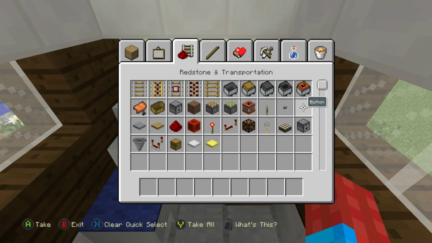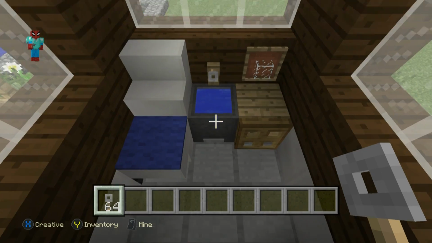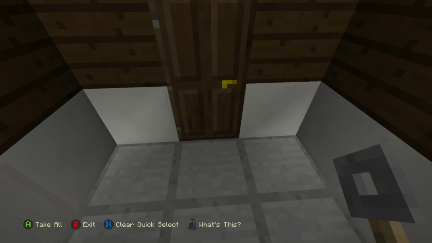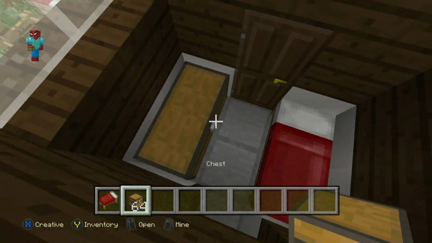We then need a tripwire hook above, coming out of that dark oak wood plank into the sink. That is the bathroom. Looks quite nice, doesn't it? Well, once you've got the bathroom taken care of, the bedroom's easy. It needs a bed and it needs a chest. On the right, we have a bed, and on the left, we have 2 chests, and it allows us to